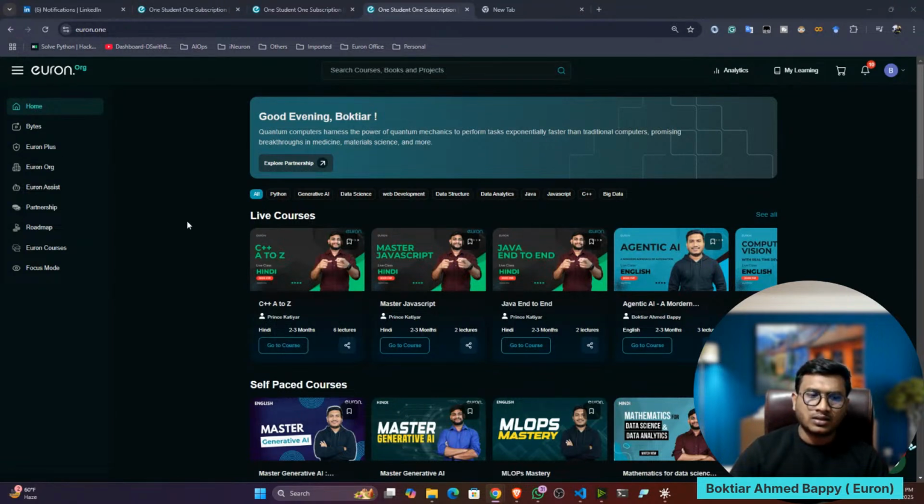Because here there is no theory. Whatever theory you need, you have to cover in the GenAI course, where I have covered all the theory. In agentic AI, there is no theory, everything is practical, because this is the updated version of GenAI at the end. Here you are doing automation with some framework. That's why the syllabus is very short. But if you check the GenAI content syllabus, it is huge because we have to cover lots of theory there, just to make your foundation strong.